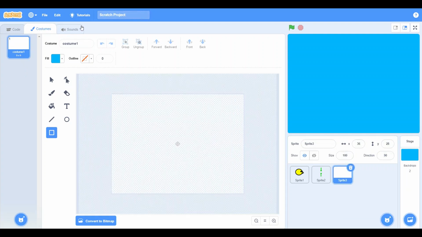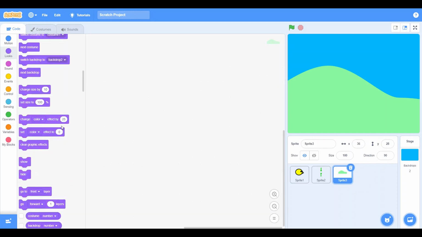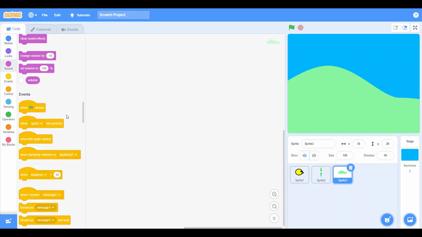And the new sprite should be like our background, the grass hills. So I'll just skip that part because it's really boring. Okay, so this is going to be a grass hill, and it's very simple, nothing complicated. I'm sure you guys can draw it yourself. So I'll go to when flag clicked,